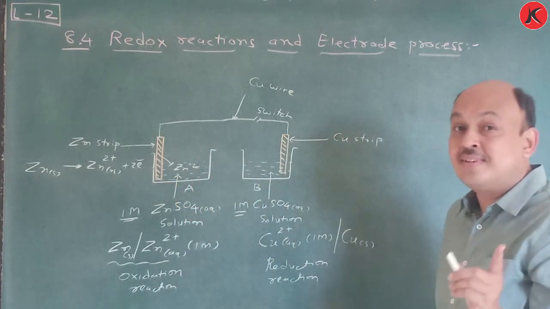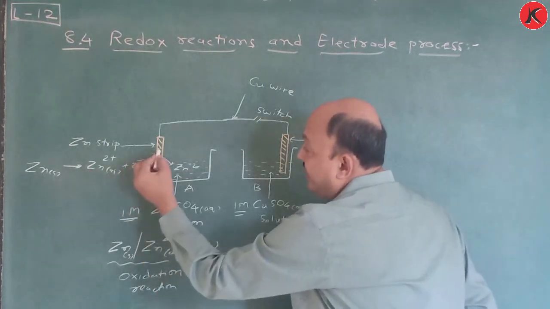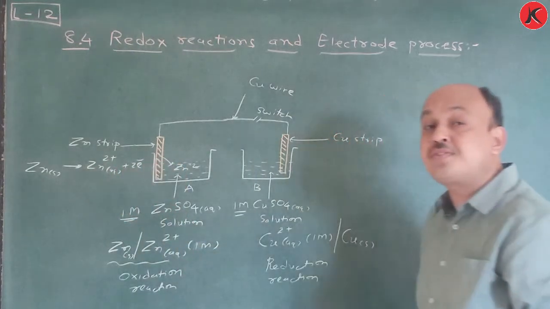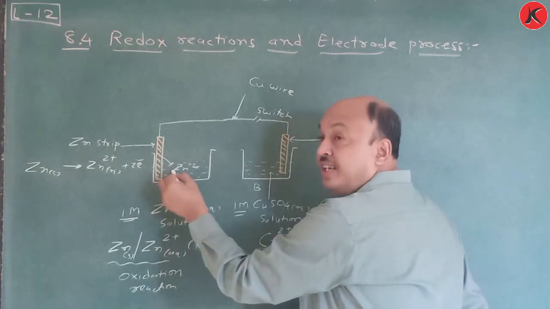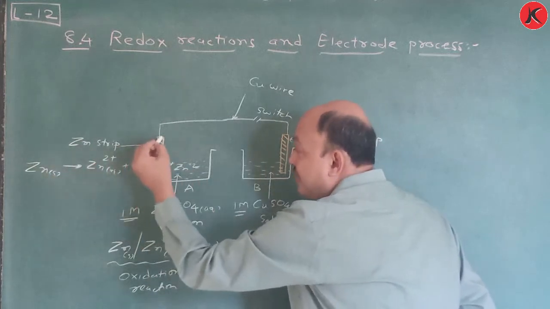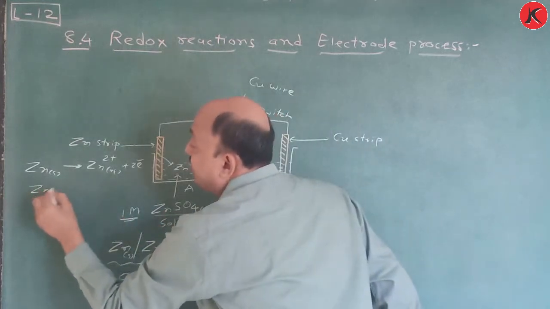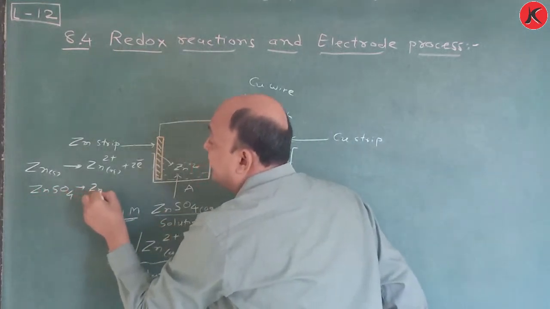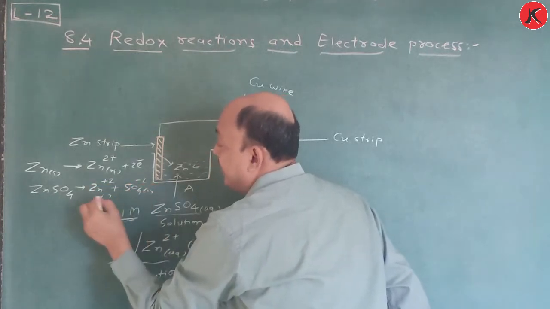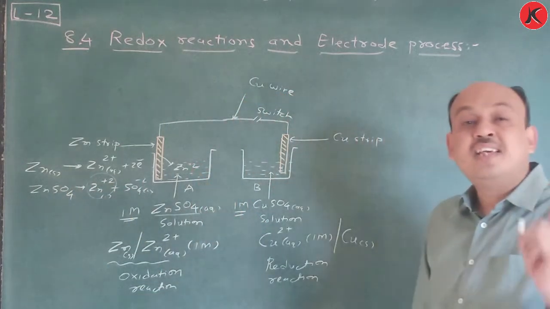Once again I repeat this. Once again you understand from this point, because it's very important. This zinc which is converted into Zn plus 2 ion, or liberated in terms of Zn plus 2 ion, at a time enters the solution. So Zn plus 2 liberated from Zn solid, this metallic strip, but ZnSO4 is also there. If we ionize this ZnSO4, it is Zn plus 2 and SO4 minus 2 aqueous. So once again Zn plus 2 is also there, so the concentration of Zn plus 2 increases.